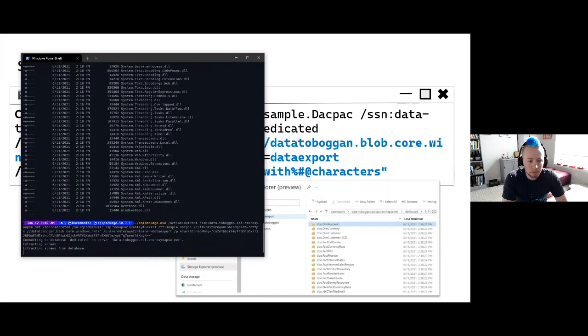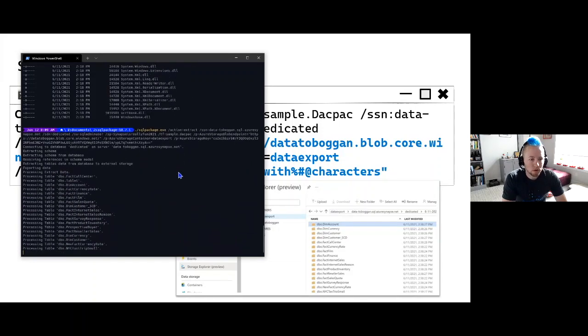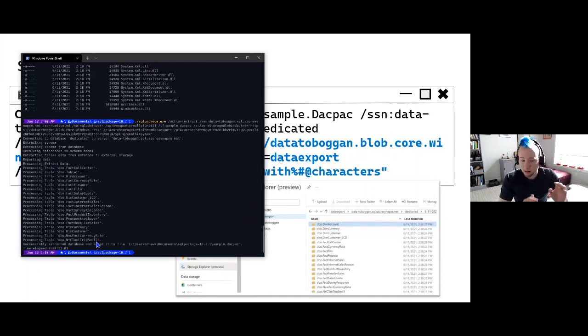When I run this command, it's going to go ahead and grab the database and the schema. So it's grabbing the schema from the database, it's going to give me a file sample.dacpac in this folder, but now it's also extracting the data. So it's going through every table in the sample database, and it's pulling out all that data. The data is not coming to my local computer. We've got the DACPAC file now here,